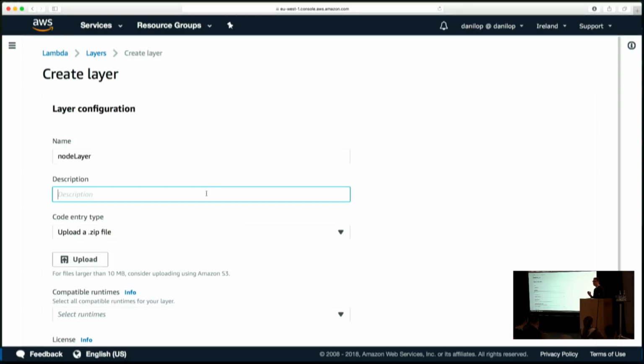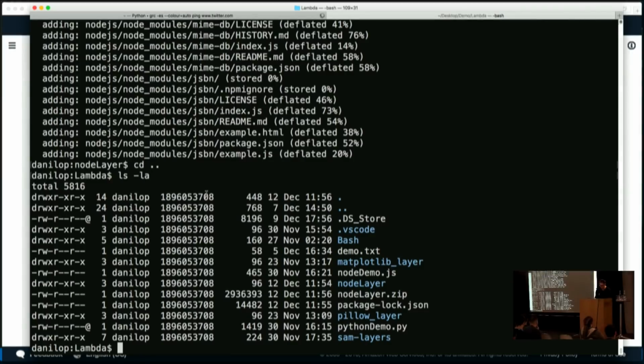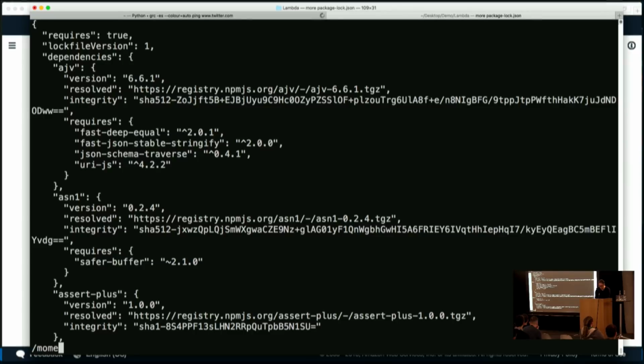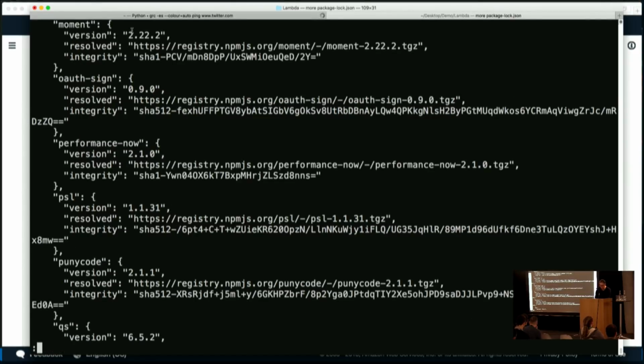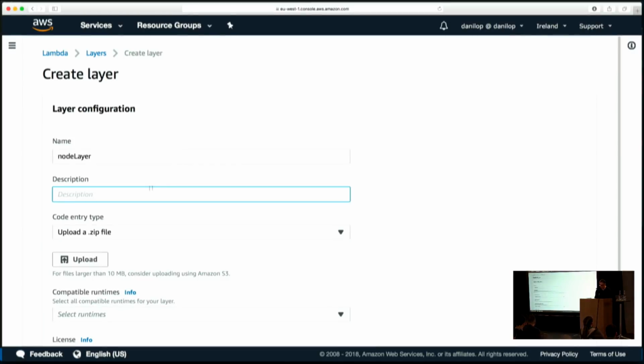So it's a very good practice to put the versioning of what you're putting in the layer in the description, because otherwise it's very difficult to understand what's there. So that's why I kept the package lock. So you can also maybe automate stuff. But let's see, for example, Moment. For Moment, I'm using version 2.22.2. So here in the description, I say there is Moment 2.22.2, and then request some version, and then request-promise and some other version. So use a syntax like this so that you know what's inside a